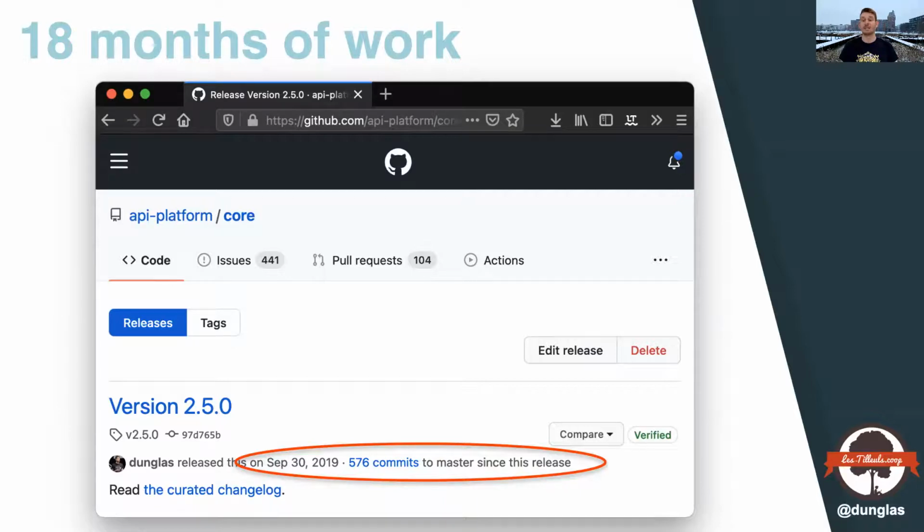And as you will see in the next few slides, API Platform is also a lot of other components written in JavaScript and other languages. And so the commits that have been made on these components are not counted here. So it's a very huge version with a lot of new features in the PHP library, but also on the other parts of the framework.